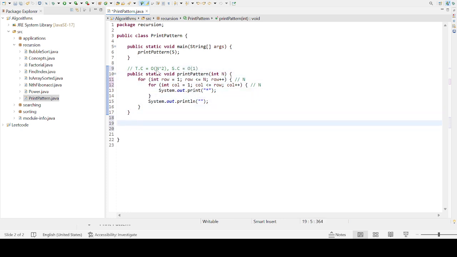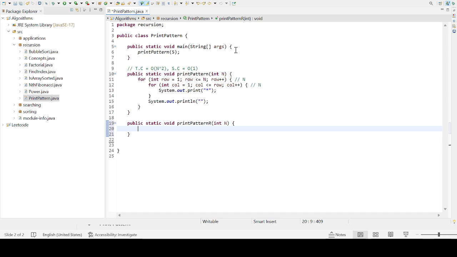Let's print this pattern using recursion. How will we print it? First, we will create a public static void method, print pattern. We will use recursion to separate this method. We will have the same variable n, which indicates till which row we have to print, and also we have to start